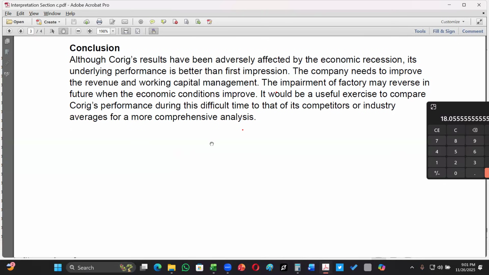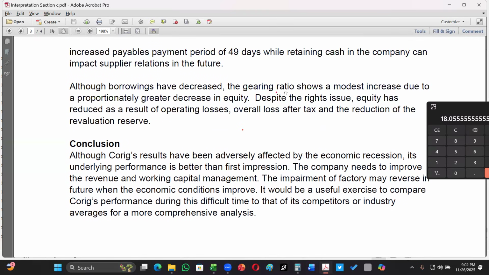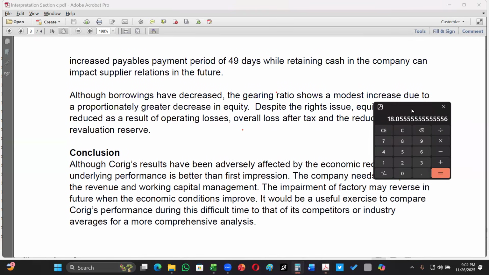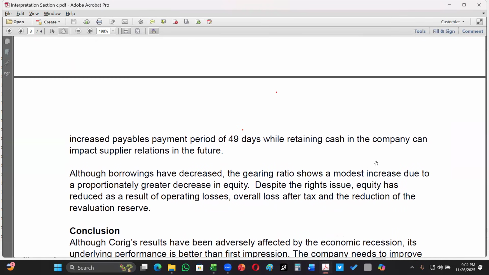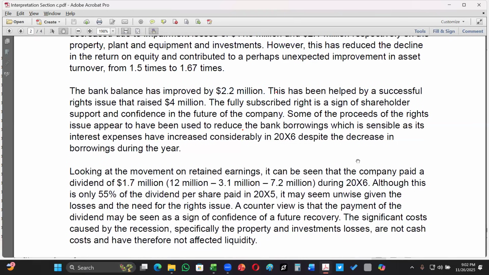So students, we have looked at all the aspects. We have calculated the ratios as well to understand, and the most critical thing that you must note in such an answer is that you need to relate the specific circumstances with the results. We have to give the rationale. The rationale has to be from the case study, whatever information is given in the question. If you are successful in relating to it properly, you could do very well.